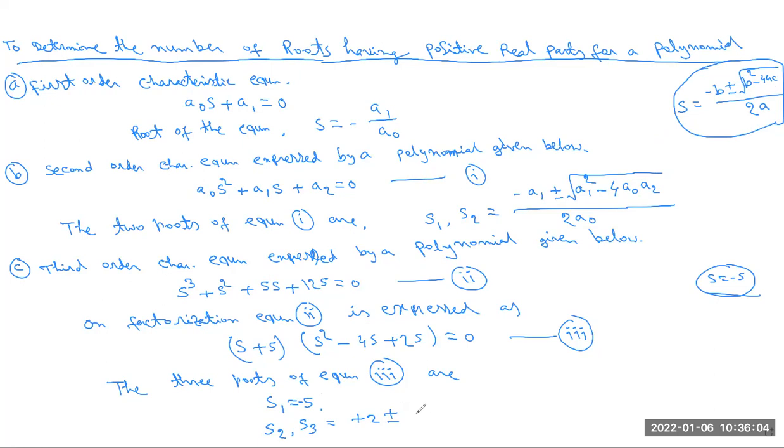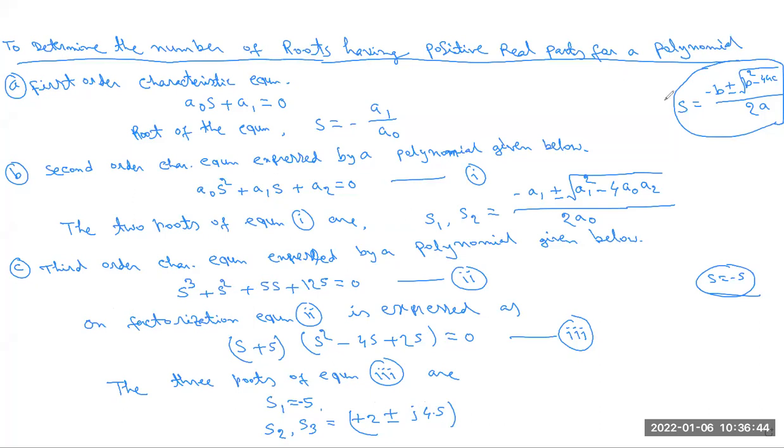I am just giving the answer. The real part is 2 and the imaginary part is 4.5. So these are basically the two roots. First, s2 is plus 2 plus j4.5. Another one, s3, is plus 2 minus j4.5. So these are the roots we have to calculate from here. So third order, second order, and first order: this is the process, and we have to extend the calculation up to a third order system.